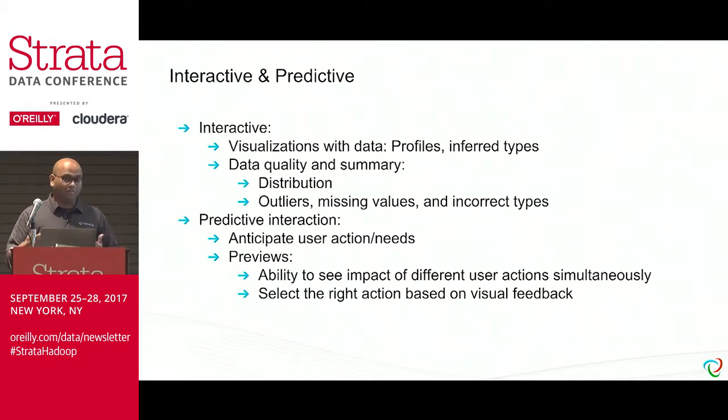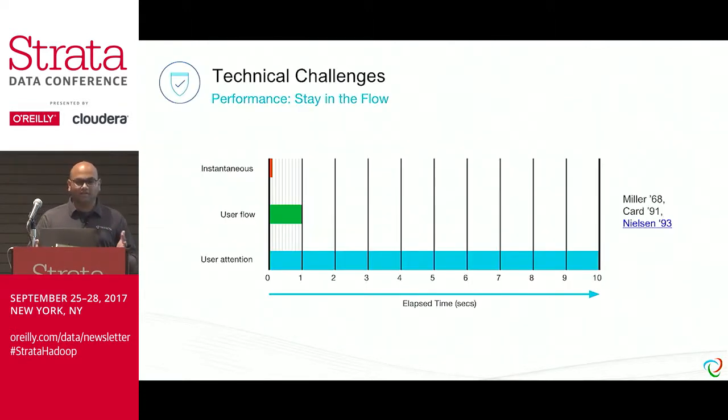In addition to that, they might not have thought of options that the predictive interaction can provide, and that essentially improves the usability of the product. So what are the technical challenges with this? In order